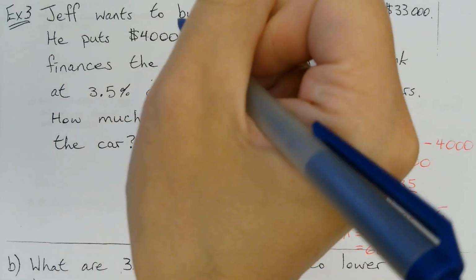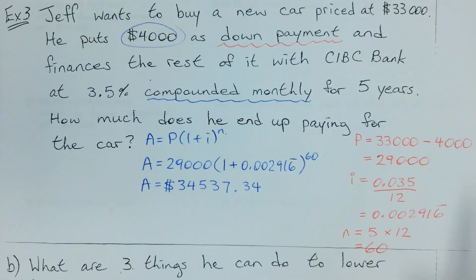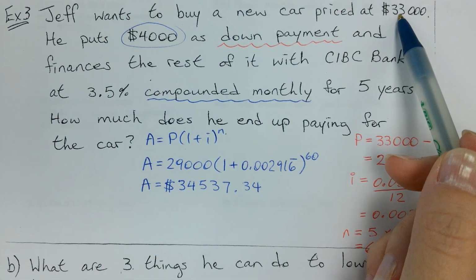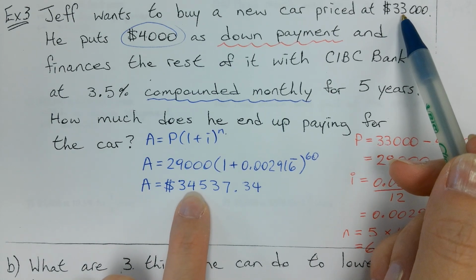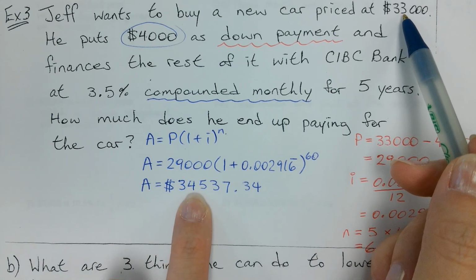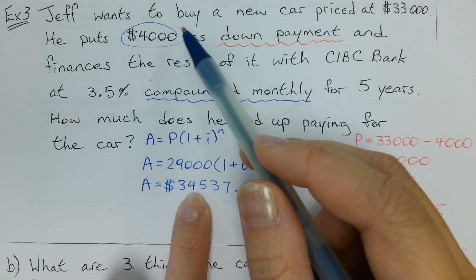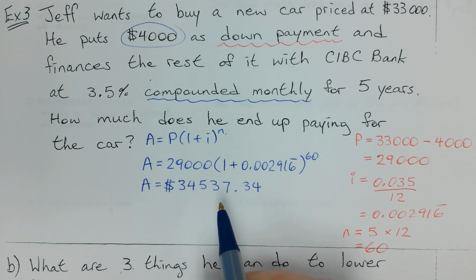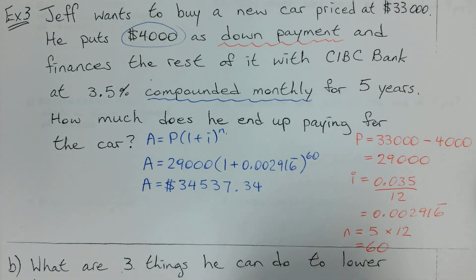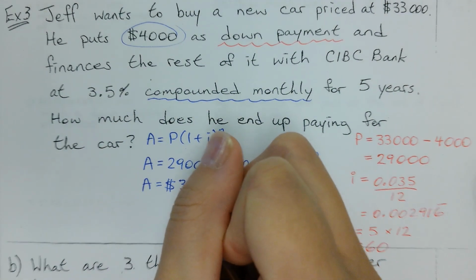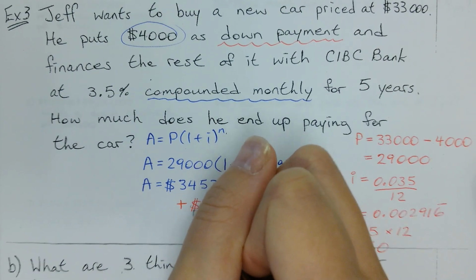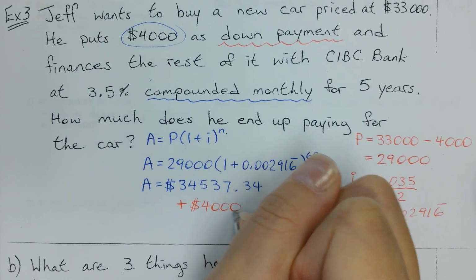Yeah, she paid 4,000 as well. Remember, your original car amount was 33,000. If you paid this, that means you only paid $1,000 worth of interest, which seems way too good to be true. There was $4,000 that you put down, so you have to add back on the $4,000 that you paid up front,